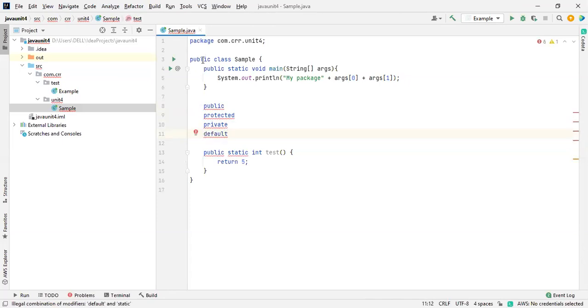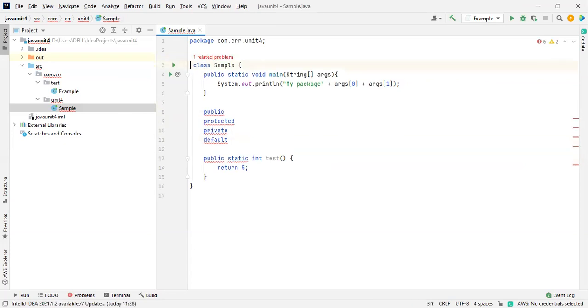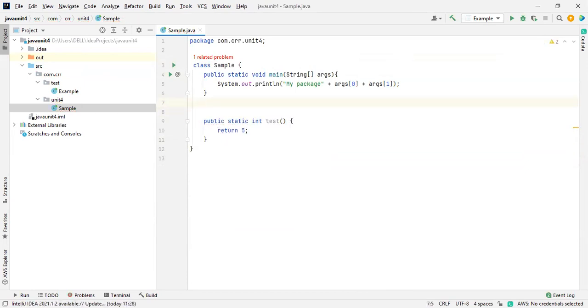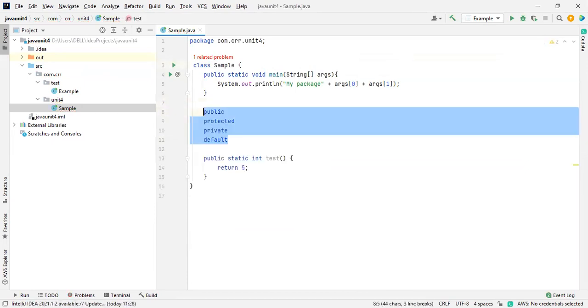If you didn't mention anything, if I remove this one, we'll call it default. Yesterday the first year students asked, sir, is it possible to access a static method? Is it possible to access a method without static from the static main method? Yes, it is possible. I want to tell you that also, because I'm going to tell you about all these things.